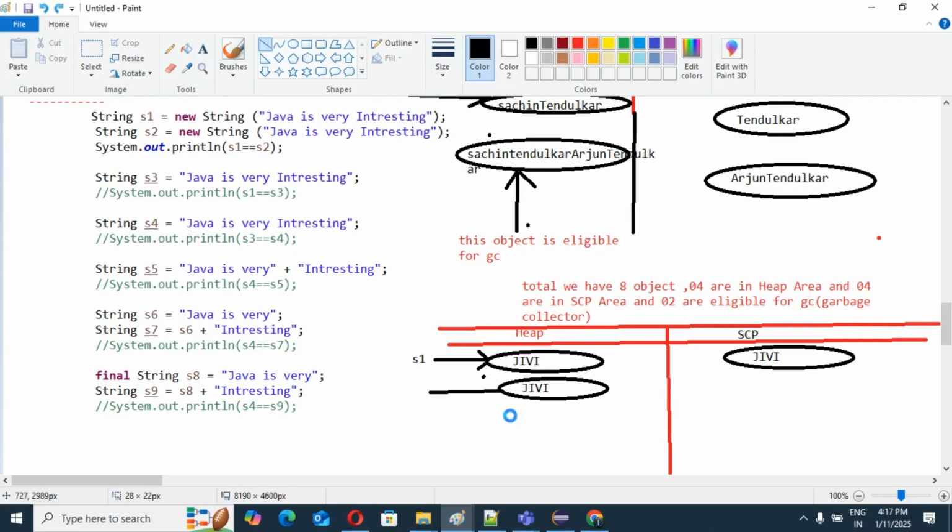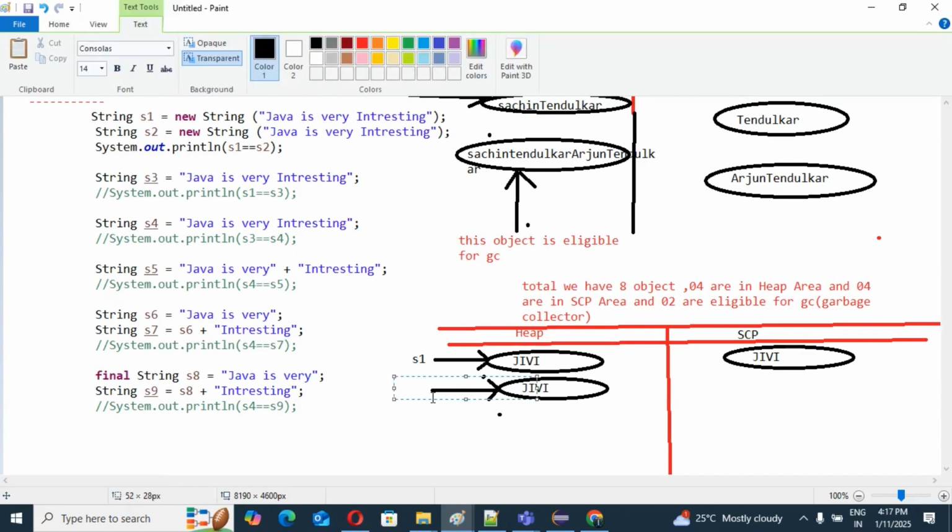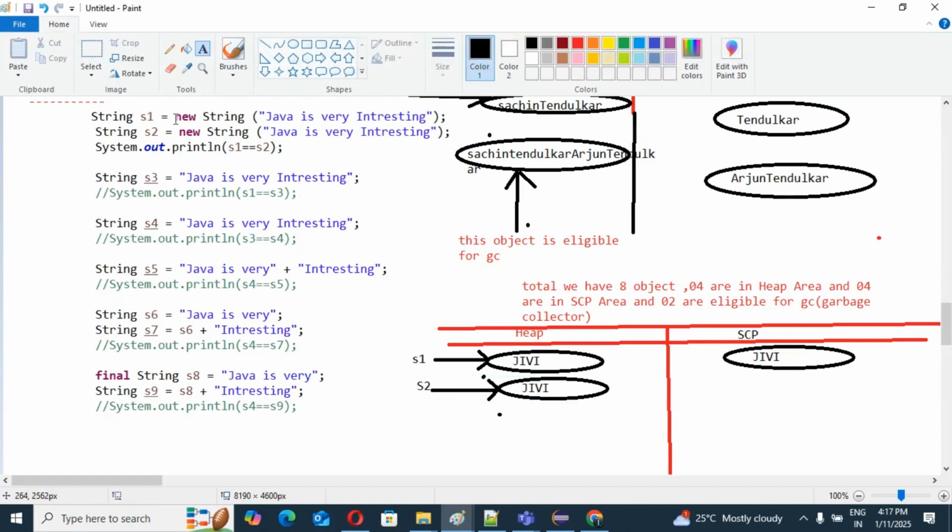Pointing to S2, right? These two lines we have done, because with these two lines we have created three objects: two are in heap area and one is in SCP area.